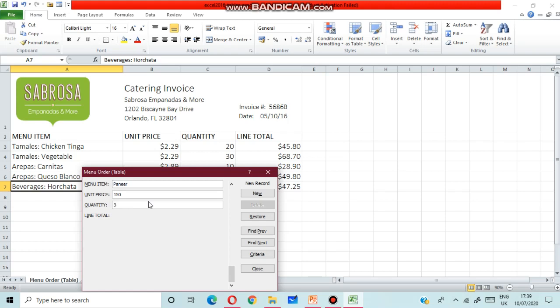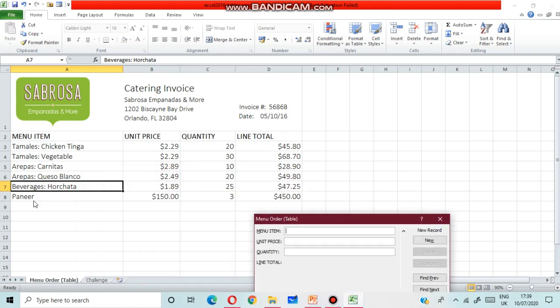Quantity three. Here you can see menu item name is paneer, price 150, quantity three, and total will be 450.